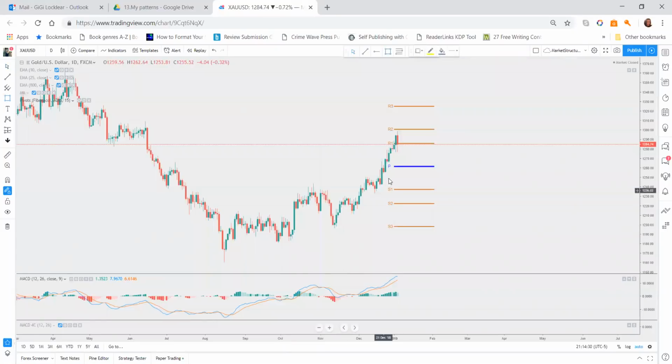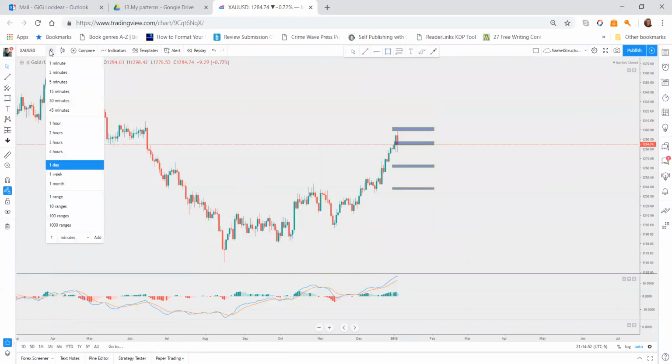Now, what I did is, and this was, like I said, just testing it out earlier. You can draw some triangles over these. Not triangles, but rectangles, excuse me. Then I would turn it off and hide it. Because if you leave it on, you take it to a lower time frame, it's going to give you